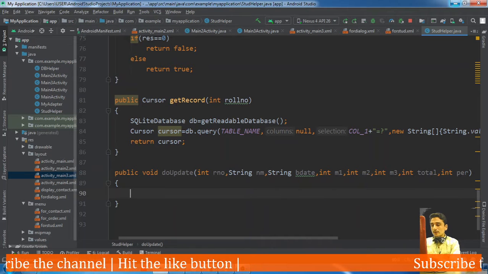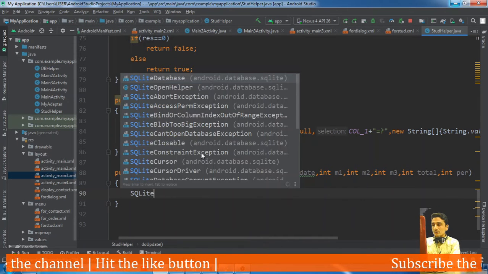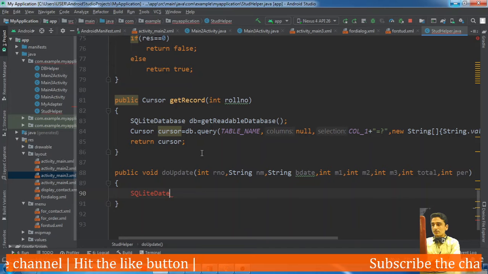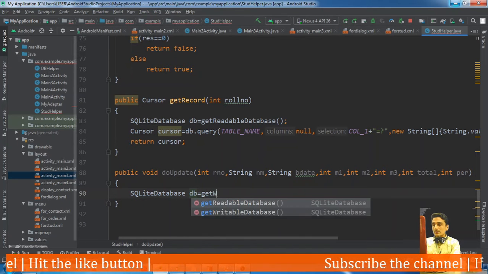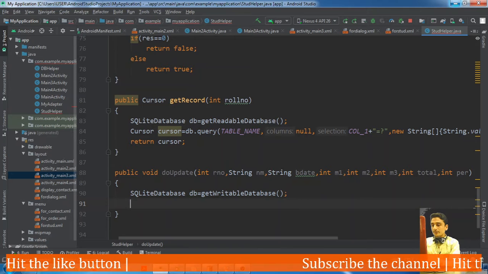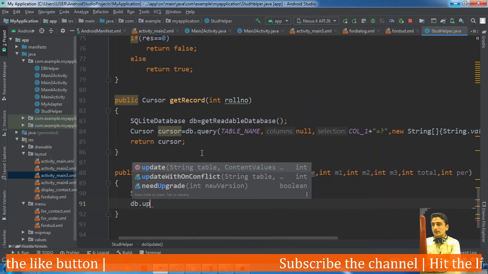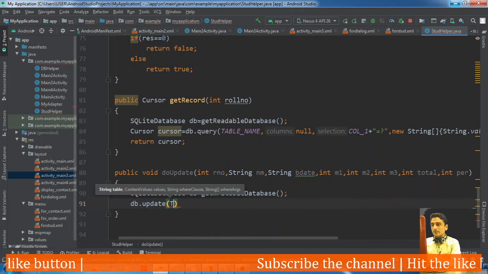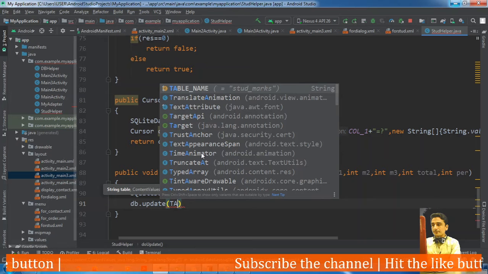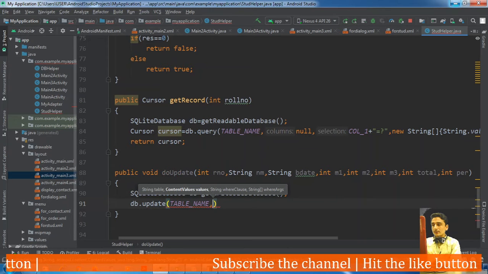Okay, and here first of all, to make any changes we need a database object. db is equal to get writable database, and then db dot update table name, then content values object.